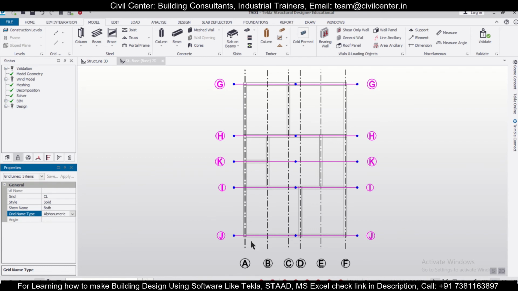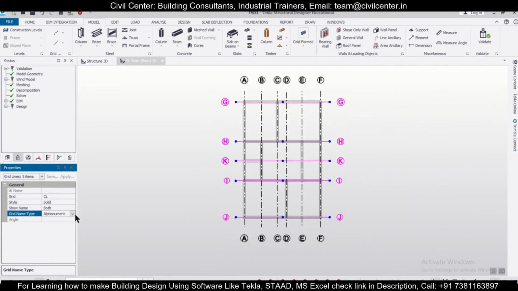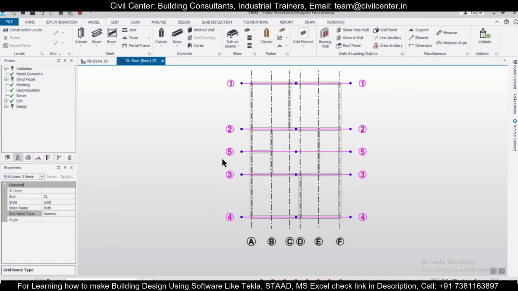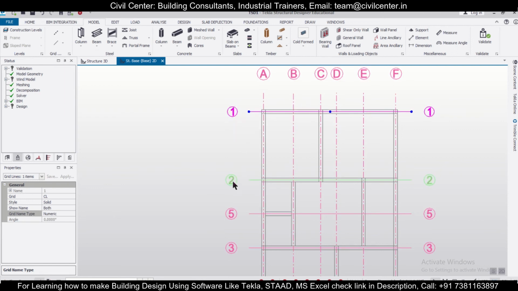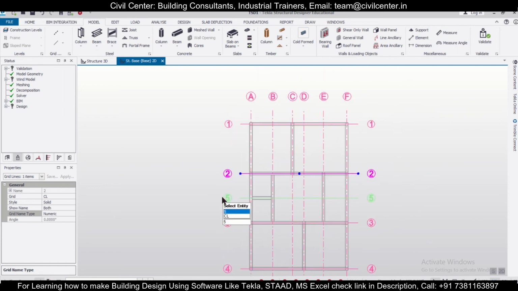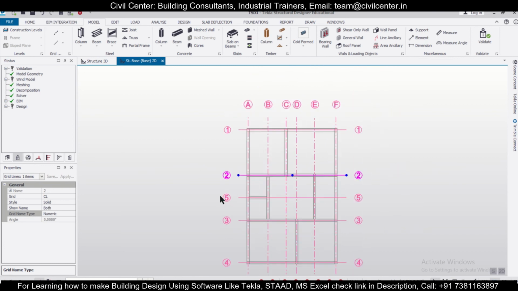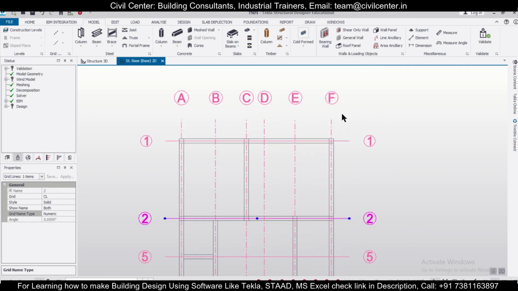So this sequence is a little bit not coming as per what you want, but this shouldn't matter because eventually we want the design from here. So that's how this works. And if you want to import the centerline and the numbering from the CAD file itself, it doesn't work here.